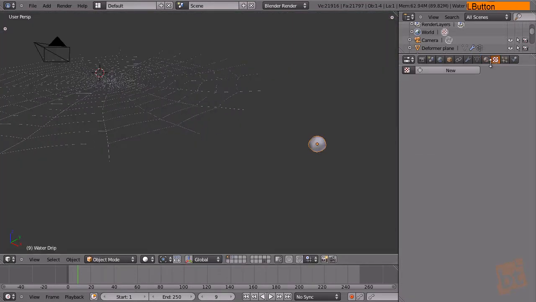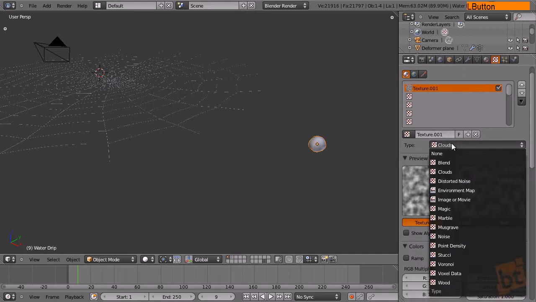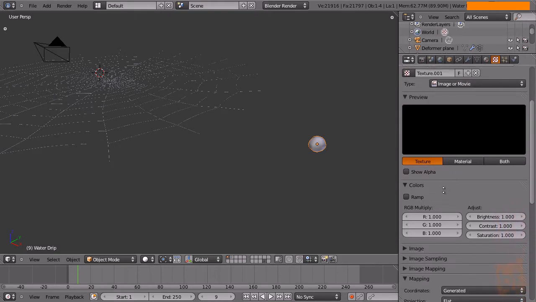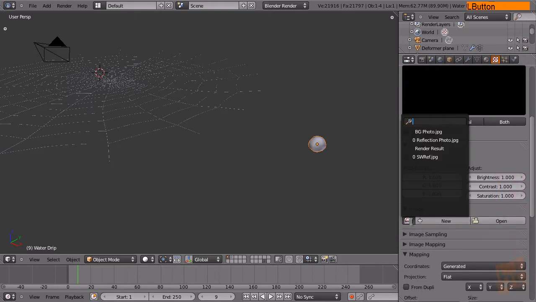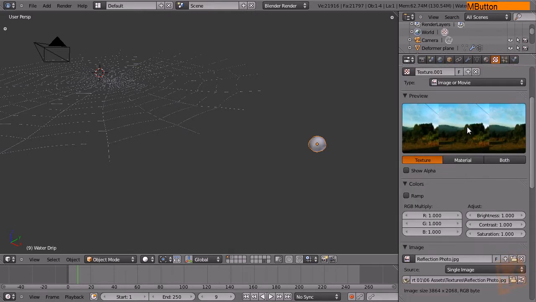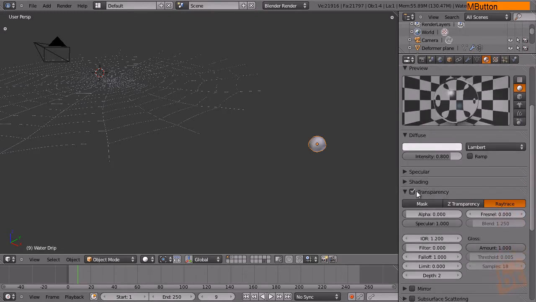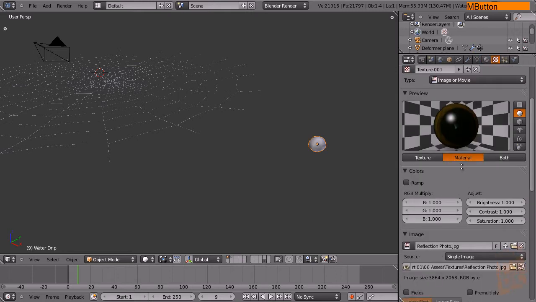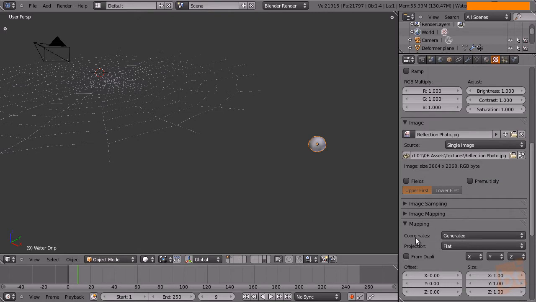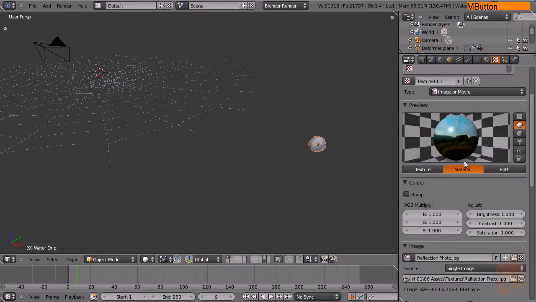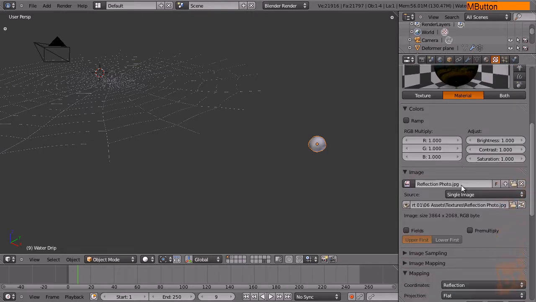So let's go to the textures panel, create a new one, and here select image or movie, and let me go here and select the reflection photo, which is the background photo but without the blur, and watch it on the material. Here for this we are going to disable transparency for now, and here in the texture we are going to mapping, and in coordinates we need to select reflection. Alright,